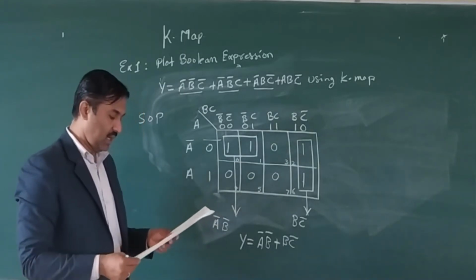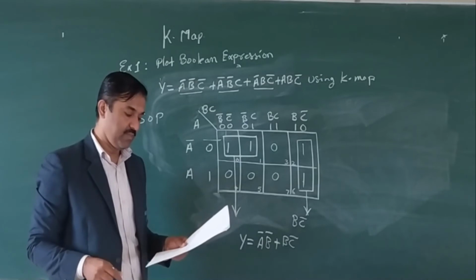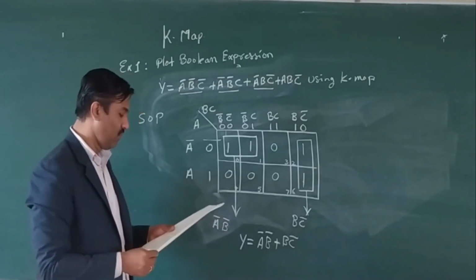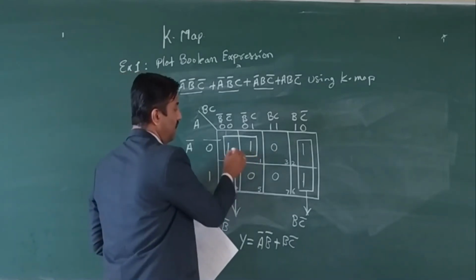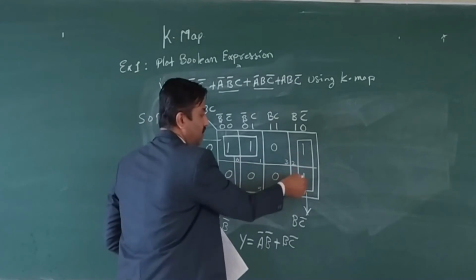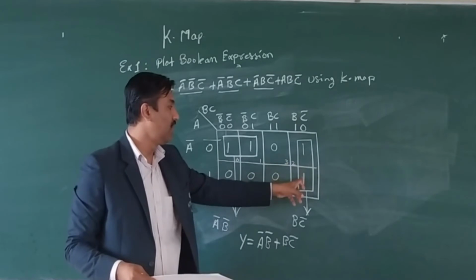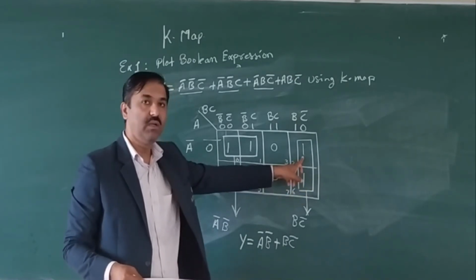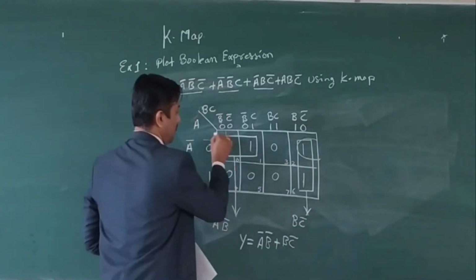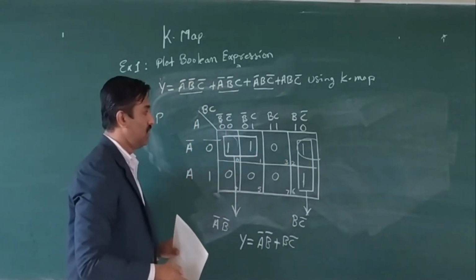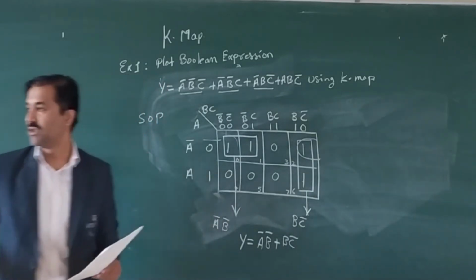So can it not be a pair or a quad? Yes, but if you look here, what is happening? Here this one has already been paired with this and this one has been paired with this. So we need not fold this. If this was the only one which was there, then I would have paired this one with this one. Okay, so this is possible. So we can go with this. Okay, so hope you have understood this example.